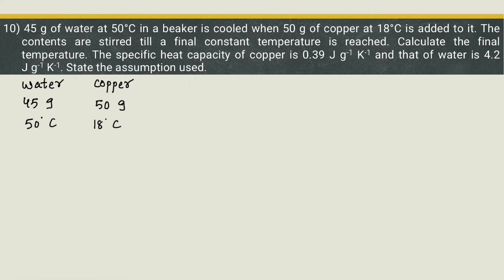Contents are stirred till the final temperature is reached, and that final temperature we want to find out. Specific heat capacity of water is 4.2 joule per gram Kelvin, and specific heat capacity of copper is 0.39 joule per gram Kelvin. So according to the principle of